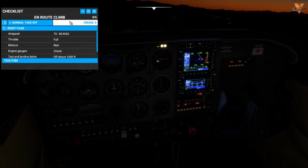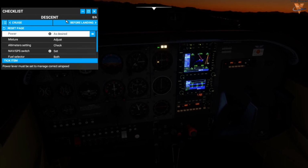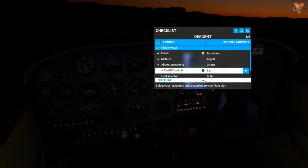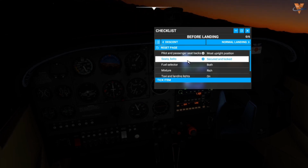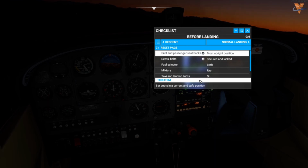So let's go ahead and run our descent checklist. Power is desired. Mixture, adjust. Altimeter settings check. Nav GPS switch set. Fuel selector both. Flaps as desired. And then on landing,